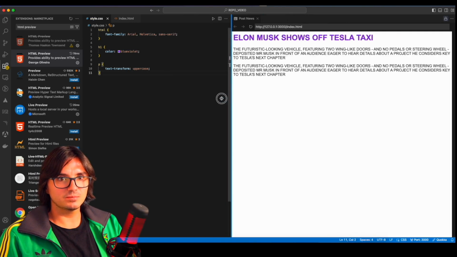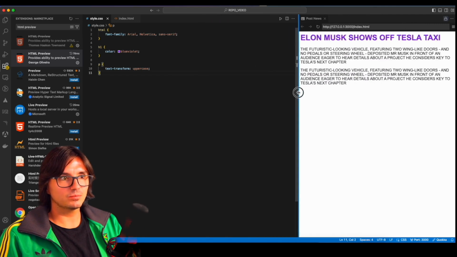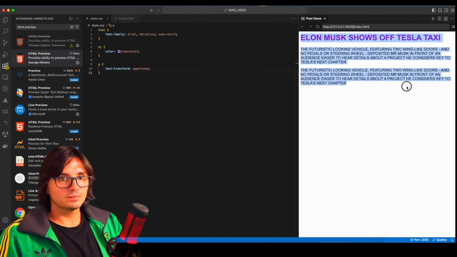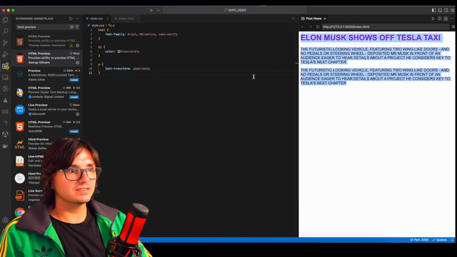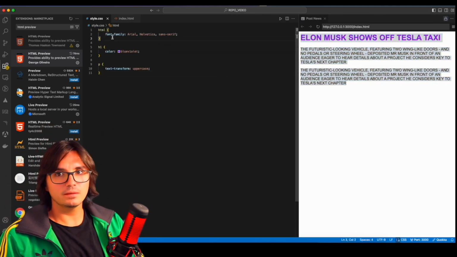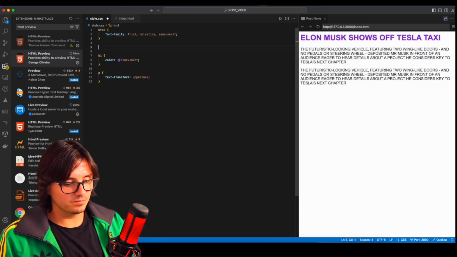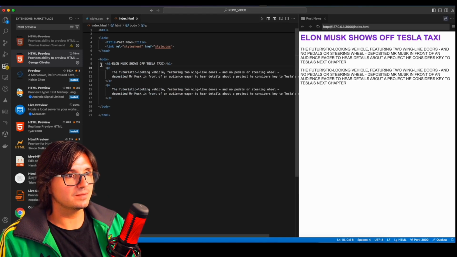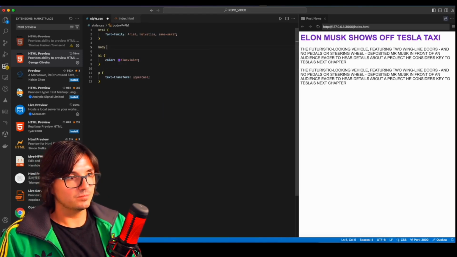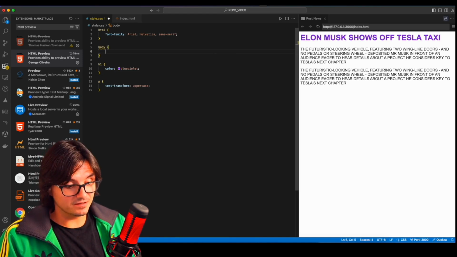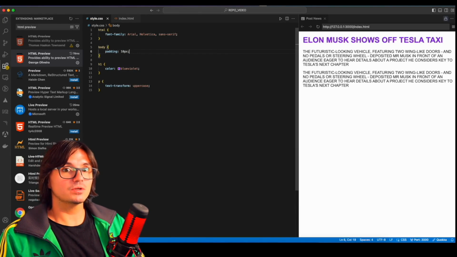What else do I want to do? You know what I don't like on this page? For example, if you see we narrow it down. Let's say this is, for example, a mobile device. I don't like that the text is too close to the edges. For this there is a specific CSS spell. I want to make it so that, within our body, the text is pushed away from all sides. For this I refer to the body tag and write a property like padding. Padding means that the text will be pushed away from all sides.